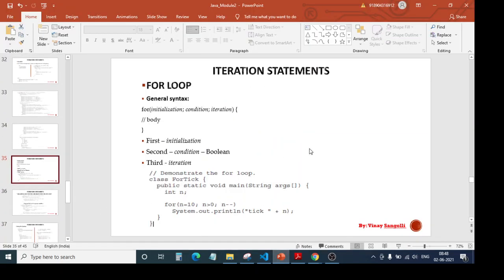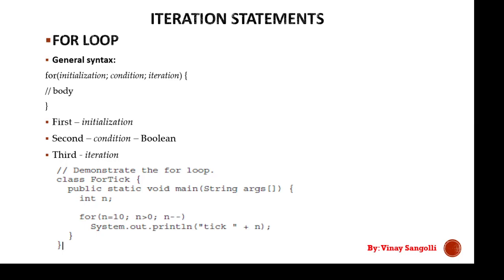So today we will go ahead with the next very important iteration statement, that is nothing but your for loops. For loops were very much available in all your previous programming languages as well, like C and C++. And this for loop, whatever you can see right now, is very similar to your previous loops. So the general syntax for the for loop goes something like this: for, followed by the initialization, condition, and